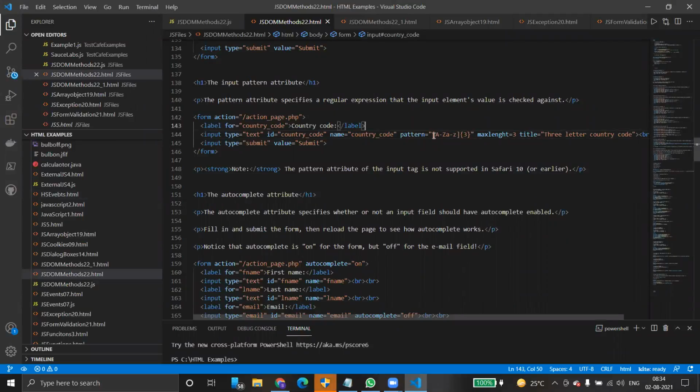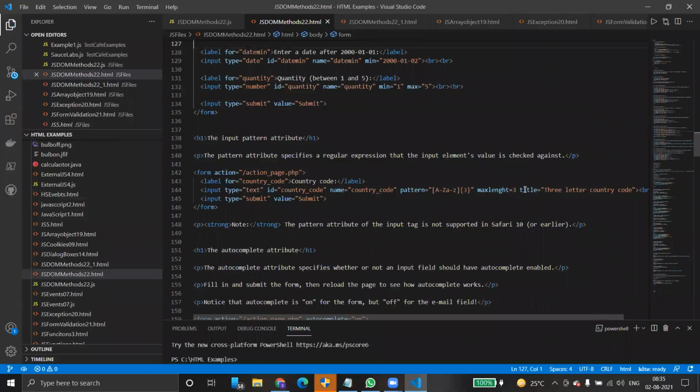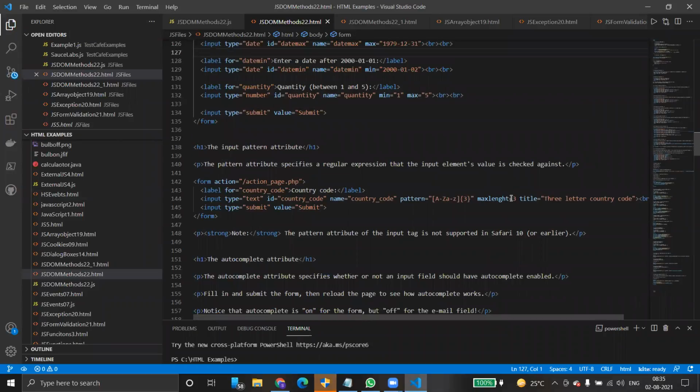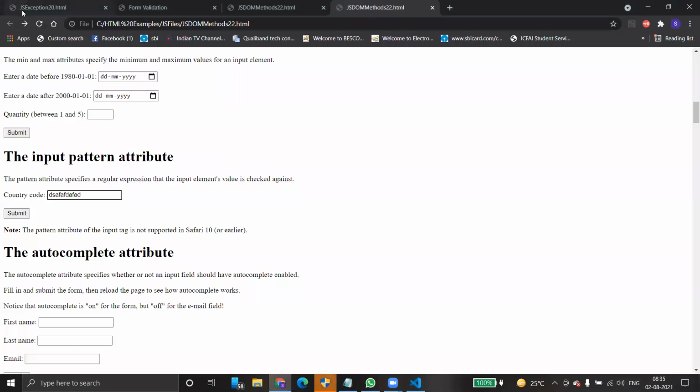So maximum length. Oh, this is a slight mistake, it should be spelled LENGTH. Maximum length. Just refresh it. Now enter the value here, and see, it is not allowing now.